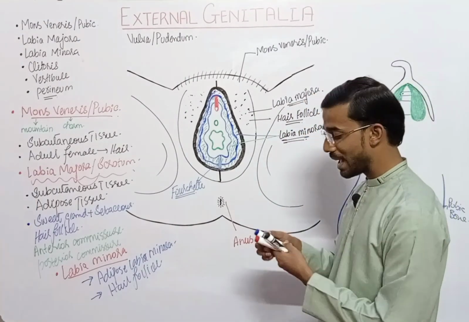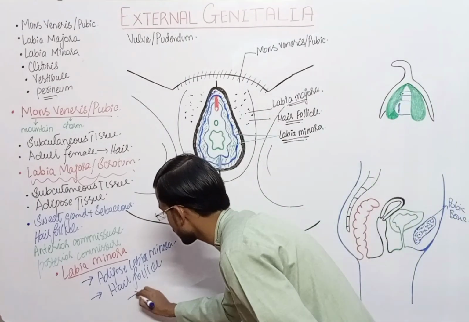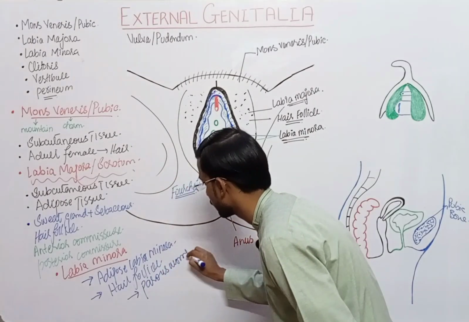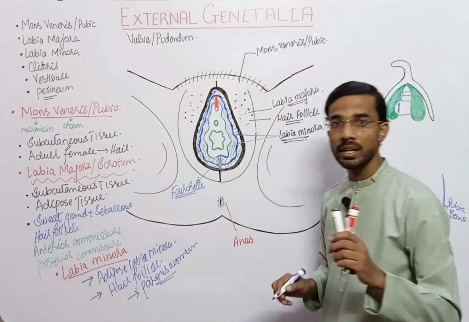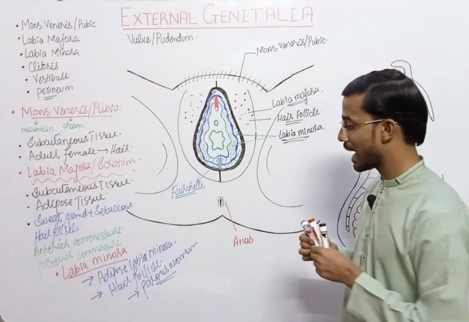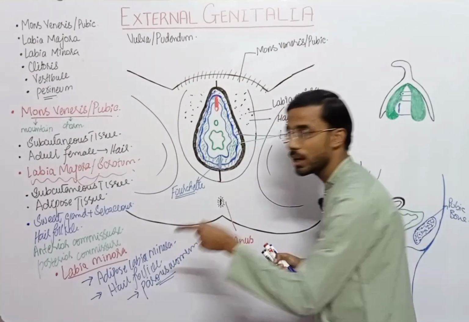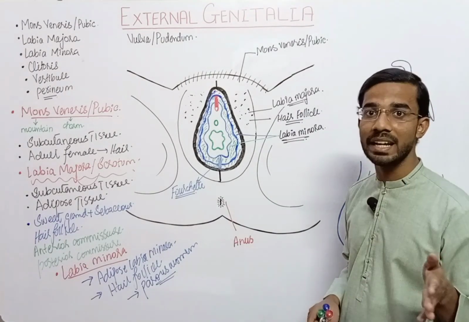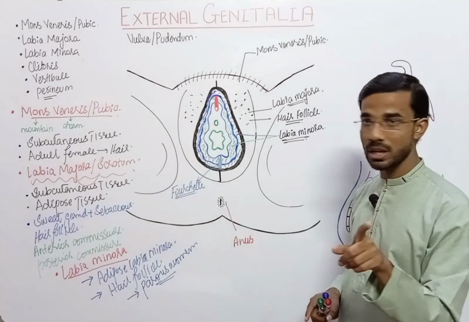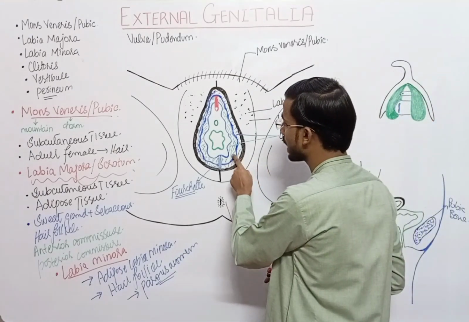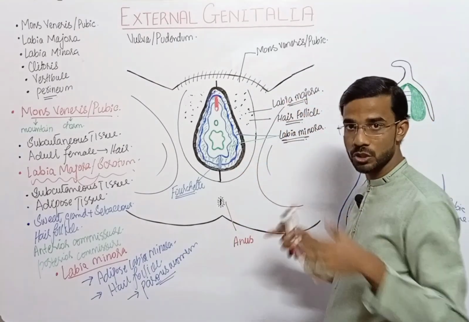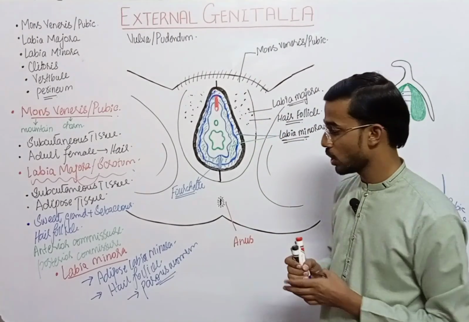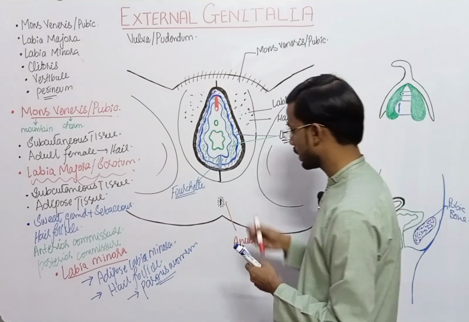And in the parous woman, who has carried the first baby, the labia minora is not prominent. It will lacerate during the first child. So in this case, the labia minora is ruptured in the parous woman, but in the non-parous woman it is prominent.